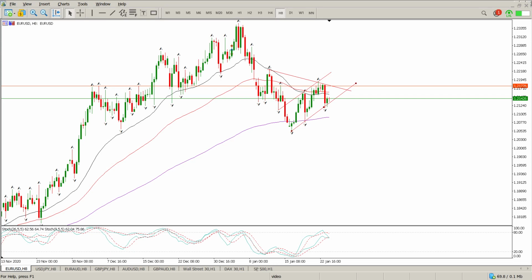So we are pretty much in a triangle on EURUSD at the moment, and I've still got those levels drawn in. We've got a sort of bull channel that's forming inside a triangle. We do have a bearish cross on the moving averages right now, and look at my oscillators. They are grouping to the upside. This is just screaming